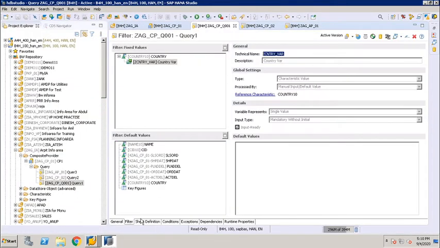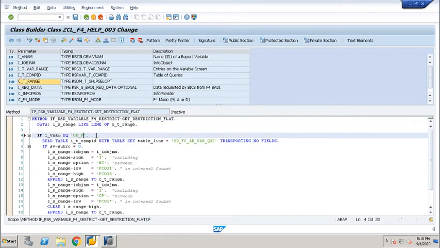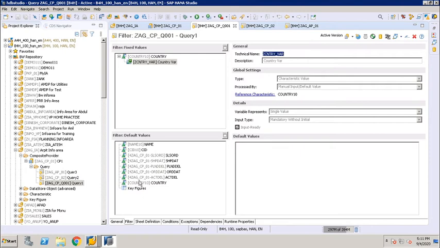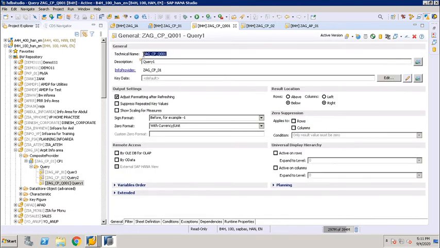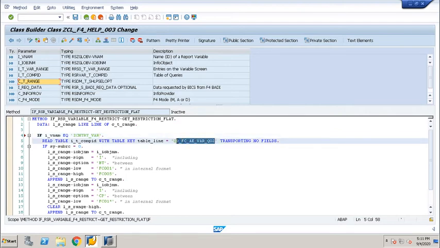Now, as I want to use it, I have to pass the variable name. I will use this variable name. I will debug it and show you all the values in the component. Don't worry, it's very easy. Now let's take the query name. This is what we are doing. Just have a look. If the variable name is this, then we go into the table. This is the query table. In the table line there is only one field. In the table line, the query name is this. We are passing the query name.